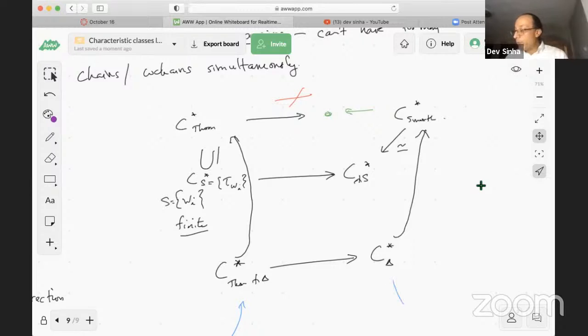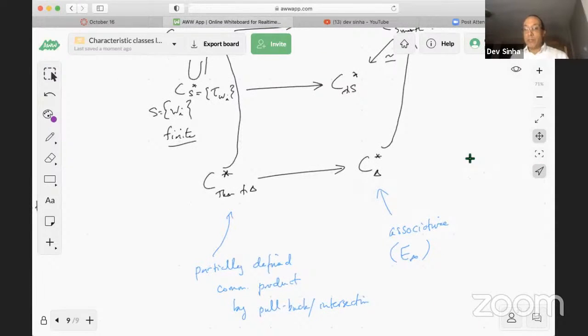Over here, of course, we have the standard associative product. It's not commutative, right? Cup product is not commutative. It is E infinity, if you want. And we've got this comparison, and this doesn't commute,